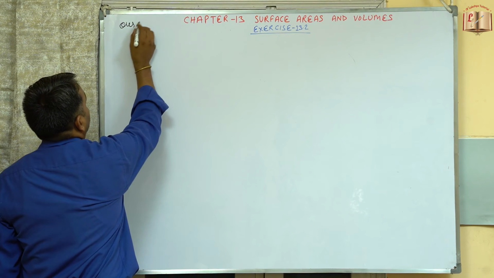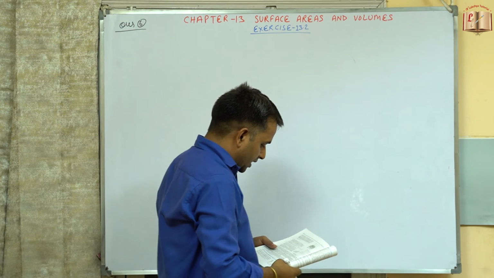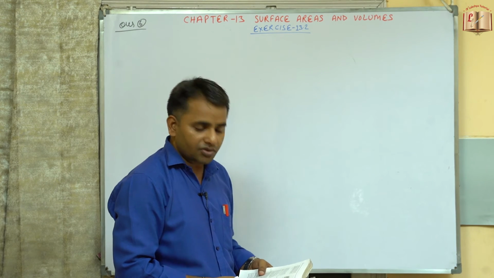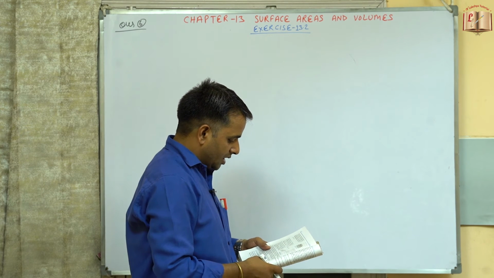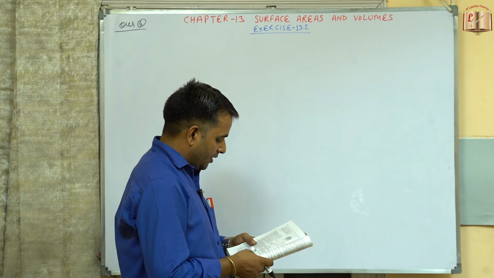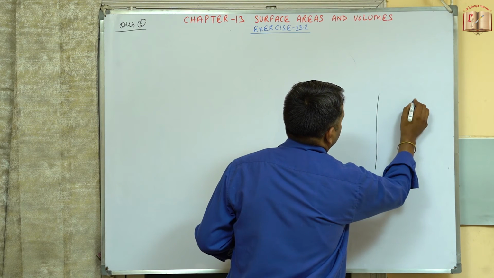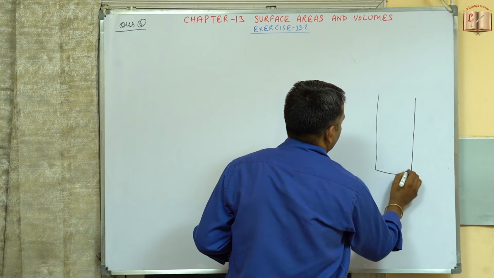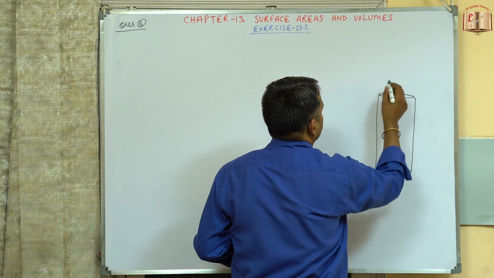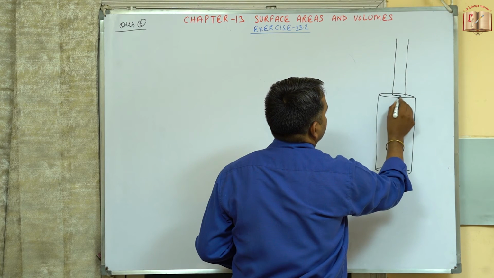So now coming to question number 6th. A solid iron pole consists of a cylinder of height 220 centimeter and the base diameter is 24 centimeter, which is surmounted by another cylinder of height 60 centimeter and the radius is given 8 centimeter. Find the mass of the pole. So first one is a cylindrical shape that is of bigger diameter, and this is surmounted by another one, this is of a smaller dia.